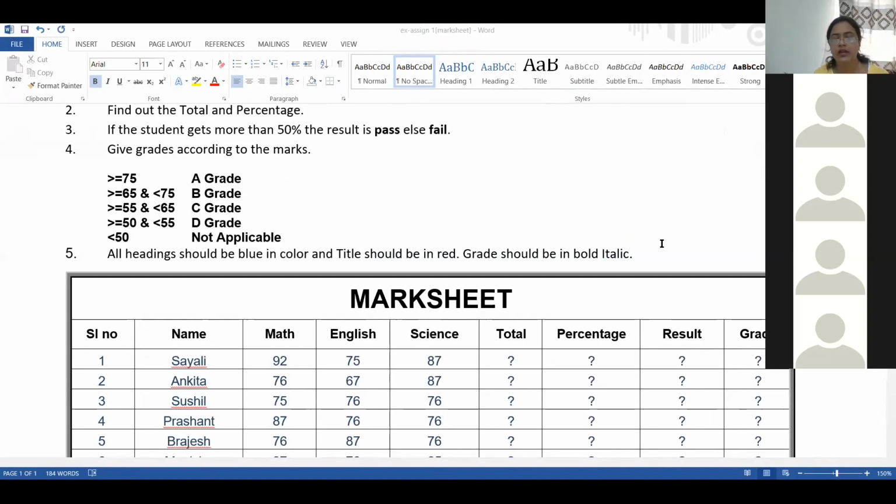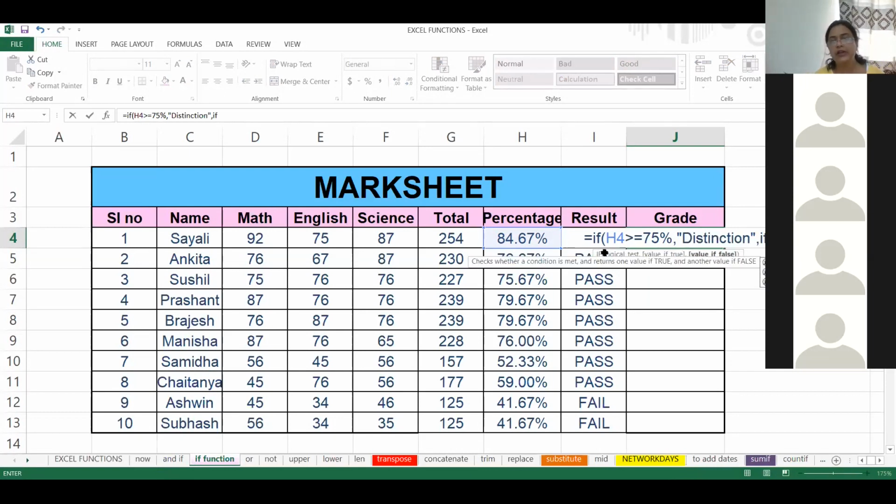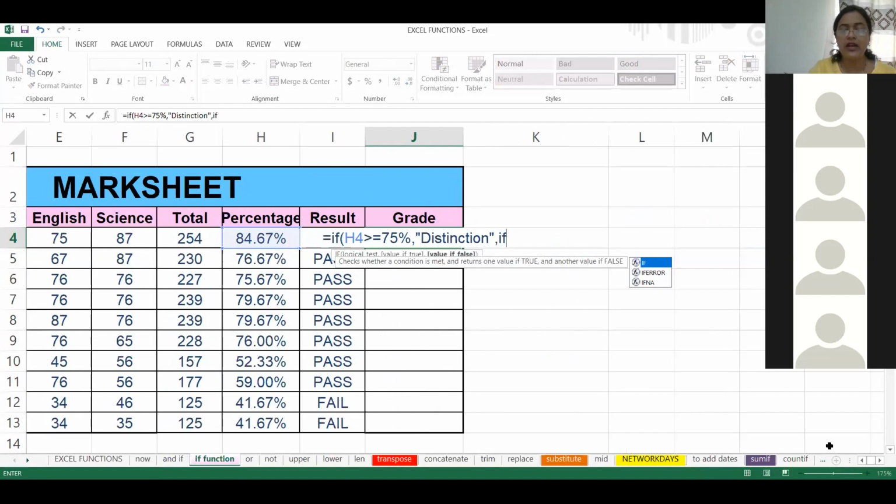So let us write it: equal to if. You can write it or type it if you want. If this cell is greater than equal to 75%, comma, I think it is distinction, comma, if that cell. Always start with an upper limit, never start from the lower limit. So if the student gets less than 75, it will go to the next if part. So I am starting a new if here. For else, I am starting a new if, because if the condition is false, it will go to the next if. H4 is greater than equal to